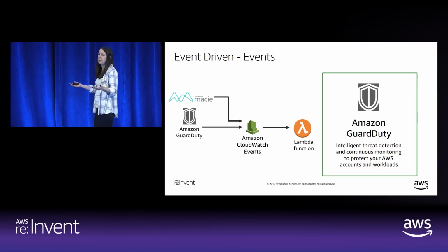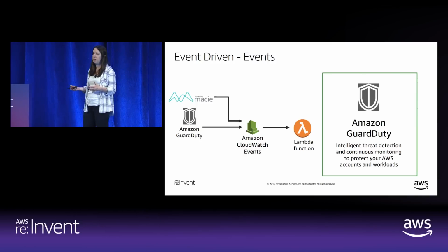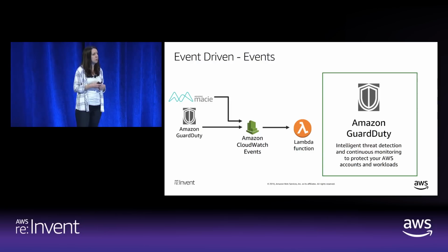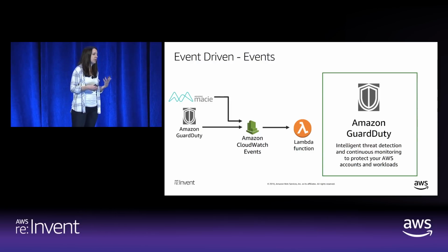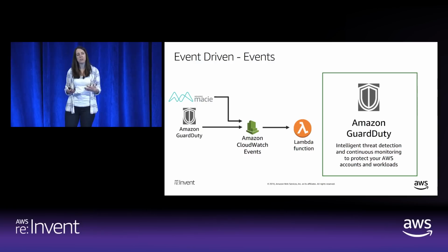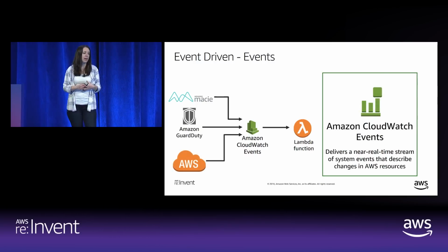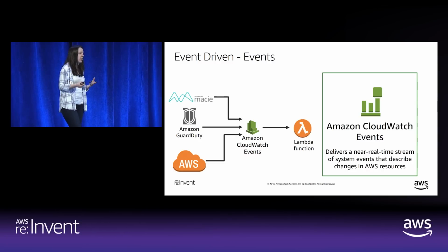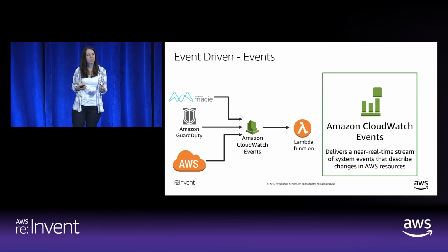So it learns for about 30 days or so, and then it starts to alert based on any anomalous behavior. But it also can protect you from other things like Bitcoin mining, remote access Trojans, et cetera. It has the ability to detect those types of things within your account, and it will send you findings based on those. And then finally, CloudTrail. We already talked about CloudTrail logs, but actually CloudTrail API activity, most of the